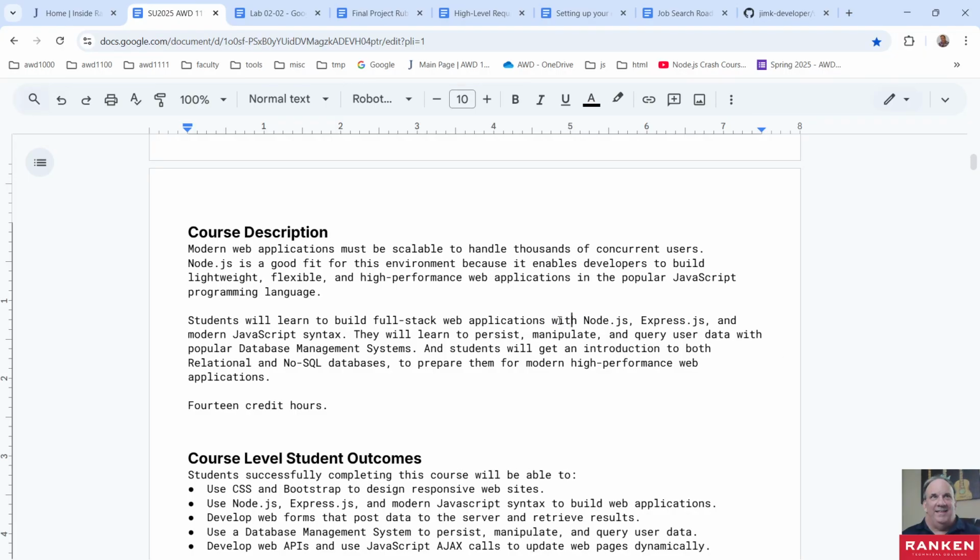I think it's probably best to say this in a different way. Basically, students will learn how to build web applications in a Node.js environment. It's very true that from a development standpoint, you use Node in different ways in a development environment. But when an application is running and using Node, it's usually running for the backend services, right? So with Node, Express.js, and modern JavaScript syntax, you will learn how to persist, manipulate, and query user data